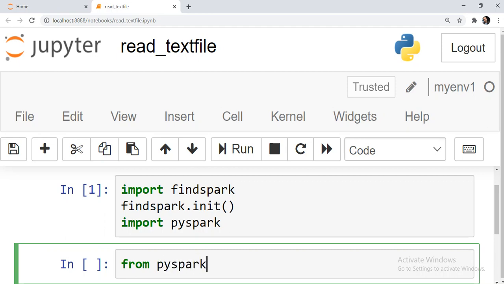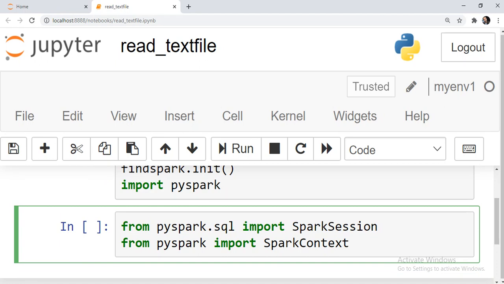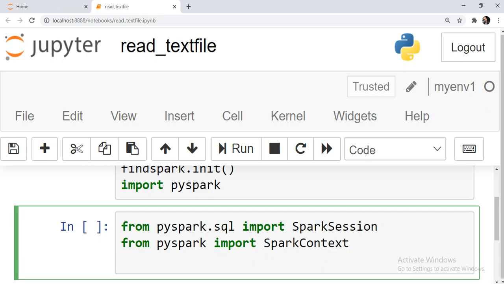From pyspark.sql I import SparkSession, and from pyspark I will import SparkContext. So watch carefully. These two are different packages. One is pyspark.sql, another is pyspark. So you have to use the equivalent one accordingly.